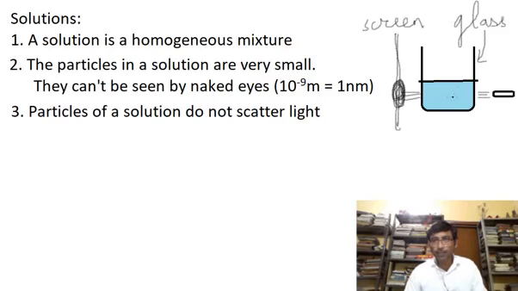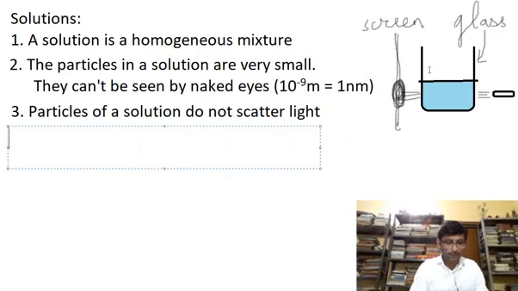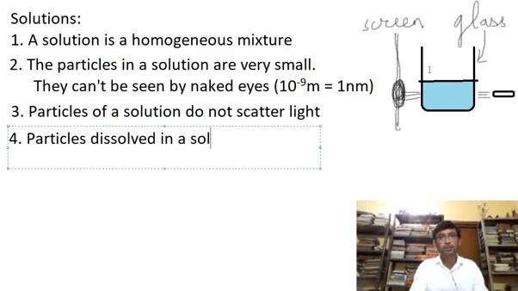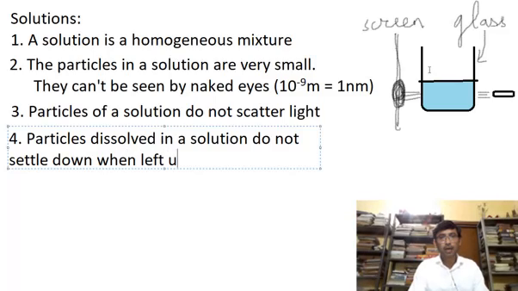However, you will not be able to see the path of light through this solution. Why? Because the particles dissolved in this solution are so small that they do not scatter light. So that is what we mean by it. The fourth property is that particles dissolved in a solution do not settle down when left undisturbed